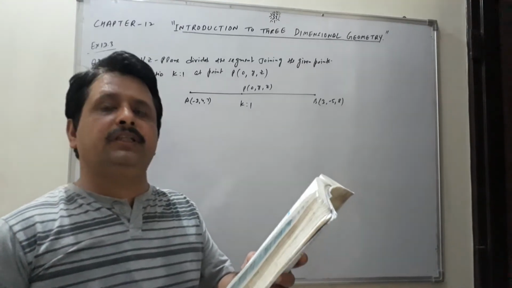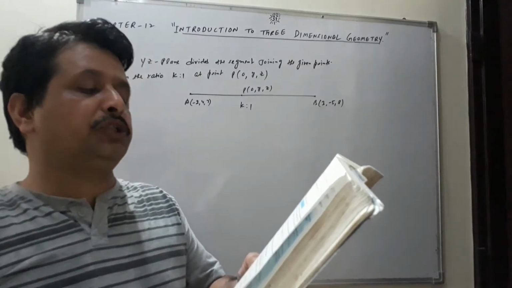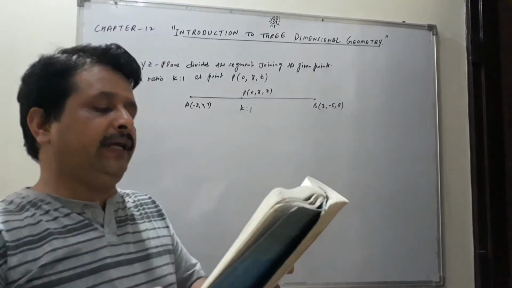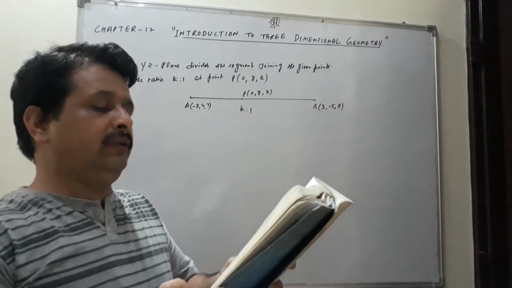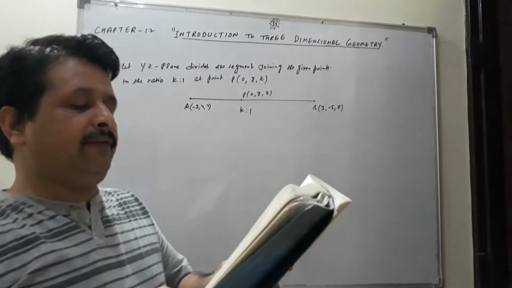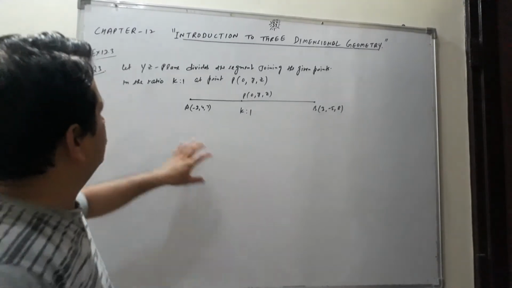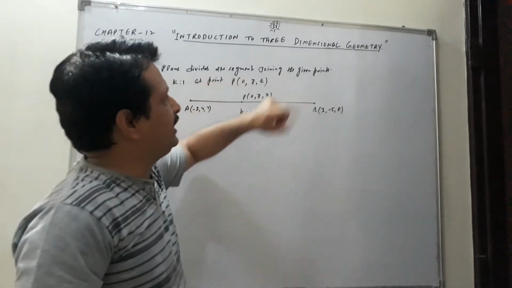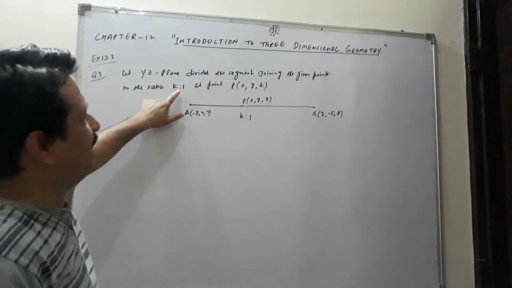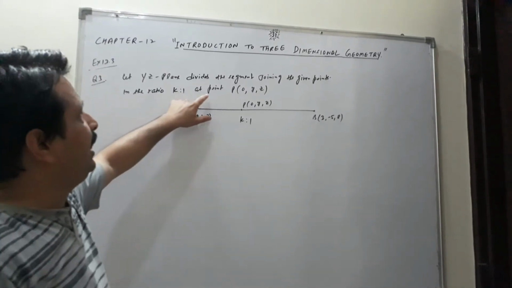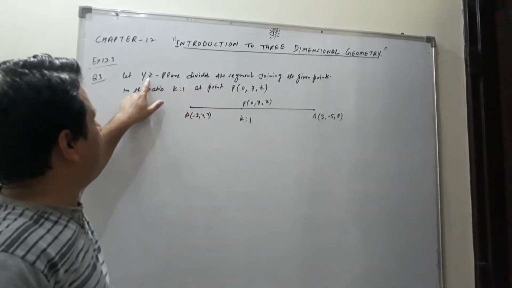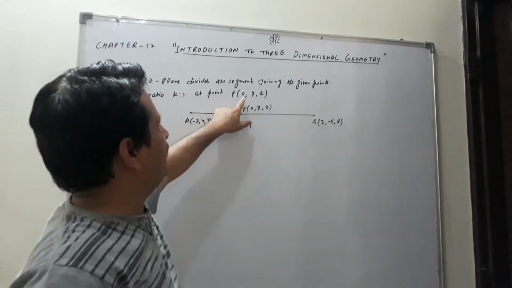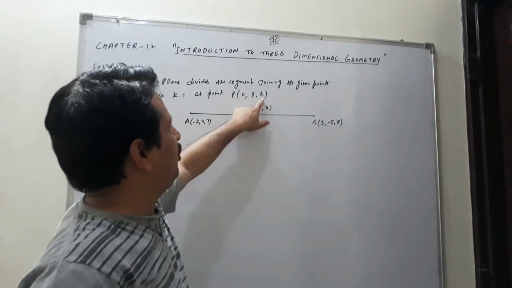Let us come with the question number 3. Find the ratio in which the YZ plane divides the line segment formed by joining the points minus 2, 4, 7 and 3, minus 5 and 8. So let us come, students. Let the YZ plane divide the line segment joining the given points in the ratio. We are taking the ratio as k to 1 at the point, because it lies in the YZ plane. It means x is 0 in that case. So the coordinate will come as 0, y, z.